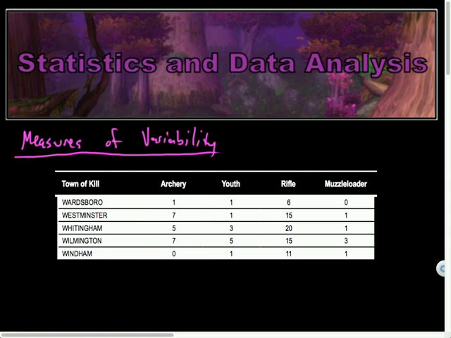Greetings and welcome. Today we're talking about measures of variability. All right? So we're used to these ideas of measures of central tendency, right? The averages of a list, the idea of finding the middleness of the list of data we have. But that's not necessarily the only quantity that we'd be interested in.